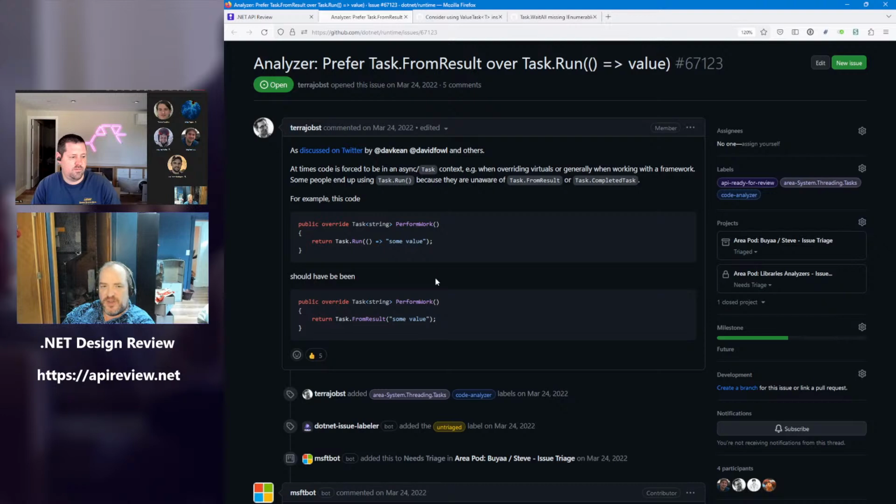I can agree with the premise that task run should have been task from result, and Fowler's example, or Alex's example from YouTube chat, of saving the value into a local and then the lambda returning the local, also should have been from result. But I agree, this probably is not worth the CPU cycles it would spend looking for it. The 3 it finds in a year weren't worth the hundreds of CPU hours it burned looking at everybody else's code.